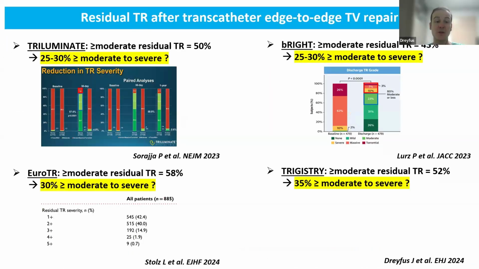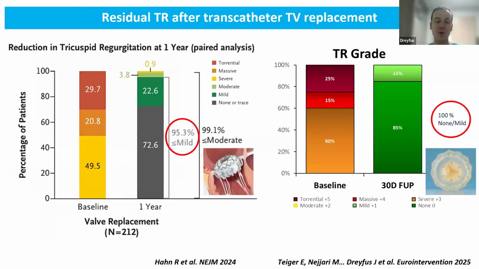And unfortunately, currently, if you look at all registries or randomized studies, approximately 1/4 to 1/3 of patients don't have a procedural success after this intervention when considering procedural success as mild to moderate or lower. And on the opposite, when you are implanting a replacement, a bioprosthesis valve, then you will abolish TR in almost all patients. And this was with the Evoque or with the TricValve, but regardless of the device itself, replacement allows